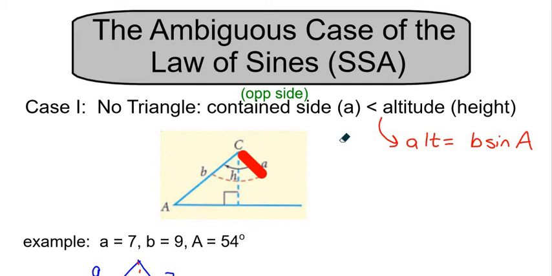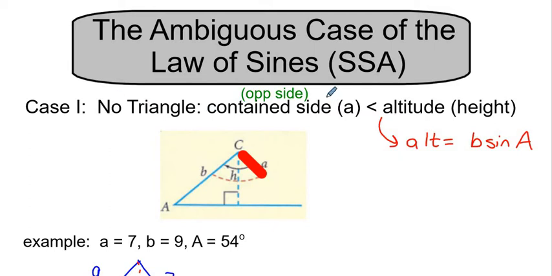There are many cases to the ambiguous case of the law of sines. First, what is the ambiguous case of the law of sines? If you are given two sides followed by an angle, that is what's considered the ambiguous case. In the ambiguous case, the first example, which I think is the easiest to understand, is when you have no